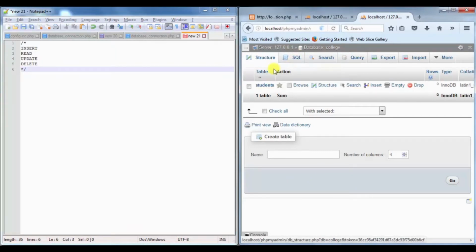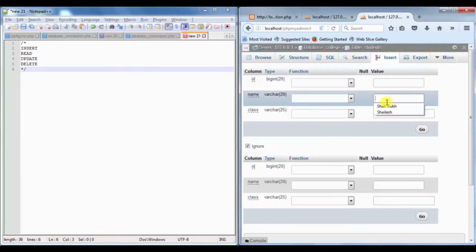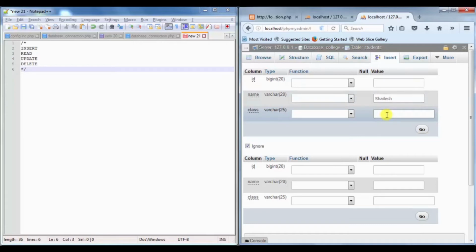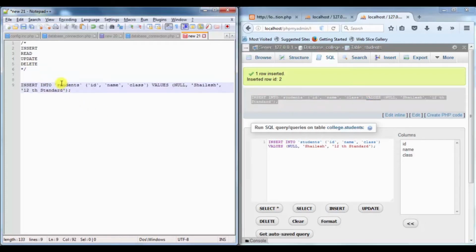So college is our database and students is our table which we have created in previous section. Now I just insert one data over here like Shailesh and the class is 12th standard. And if I just click on this go button, it is giving me one insert query over here. So I just need to copy this and keep it with us, and we can keep it in insert SQL equals to, in the double quotes we have to write this